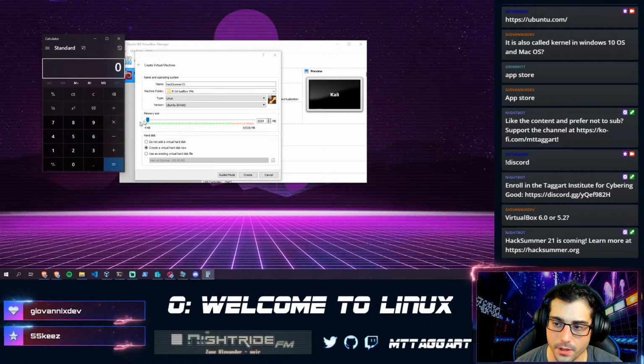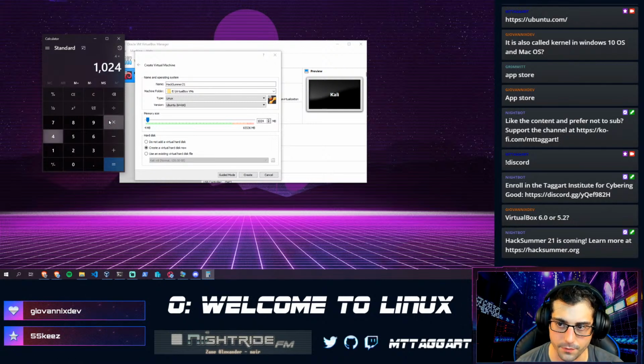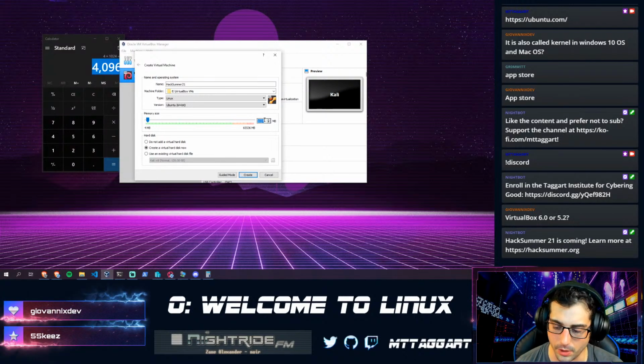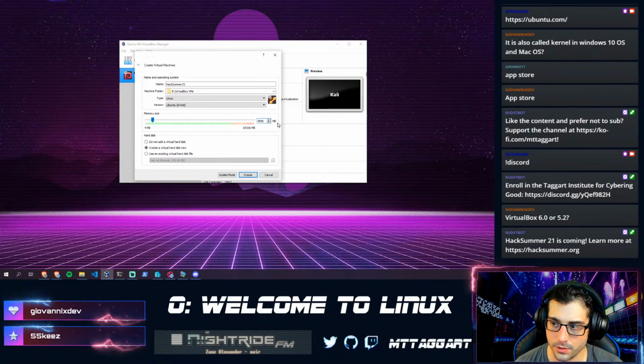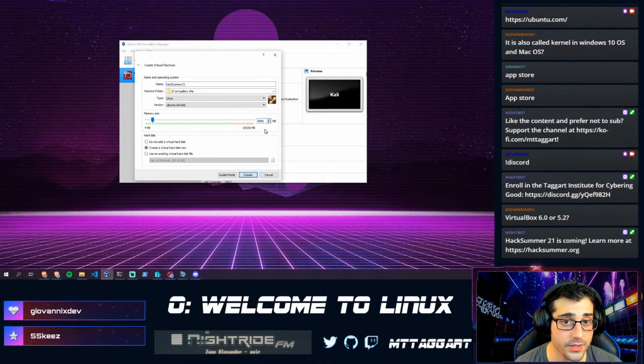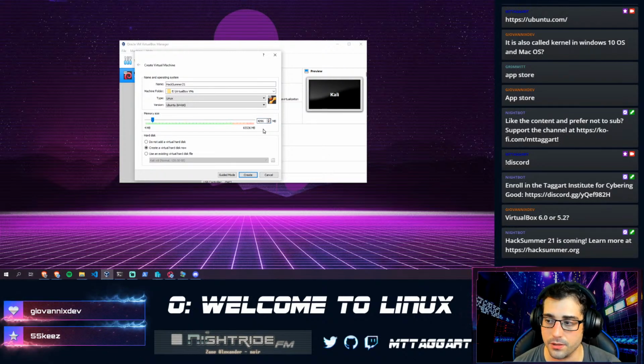So if I want to give my machine 4 gigabytes of memory, what I would want to do is say, if 1,024 megabytes is 1 gigabyte, I want to take 4 times 1024, which is 4096, right? And that's how many megabytes I actually want to give this machine. So you just type that right in, 4096. If you want to use 2048, that's 2 gigabytes. If you can't spare all 8, that's fine. The machine should run okay on 2 gigs, but I like to give it 4 just so it doesn't have